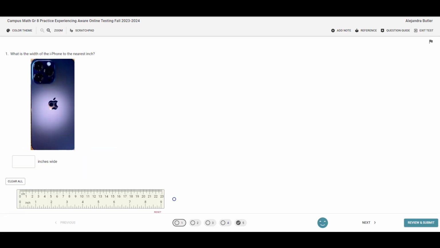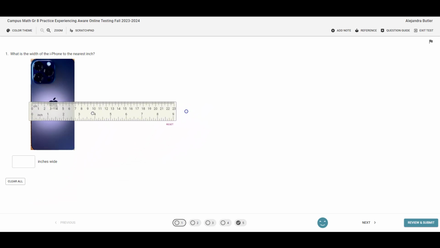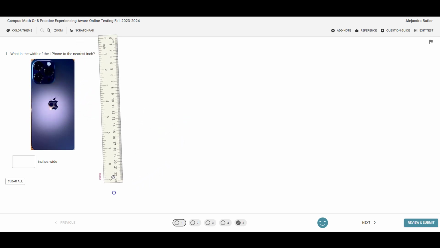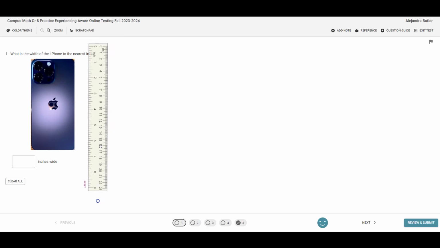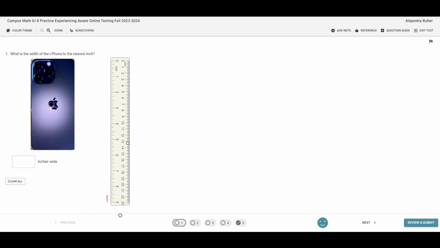When the ruler tool has been turned on for online testing, you'll see a ruler on the test. You can click and drag the ruler with the hand to measure the unit you're working with. You can rotate it by clicking on the circle and move it where you need to go. Once you have it the way you need and the measurements that you need, you can move it out of the way